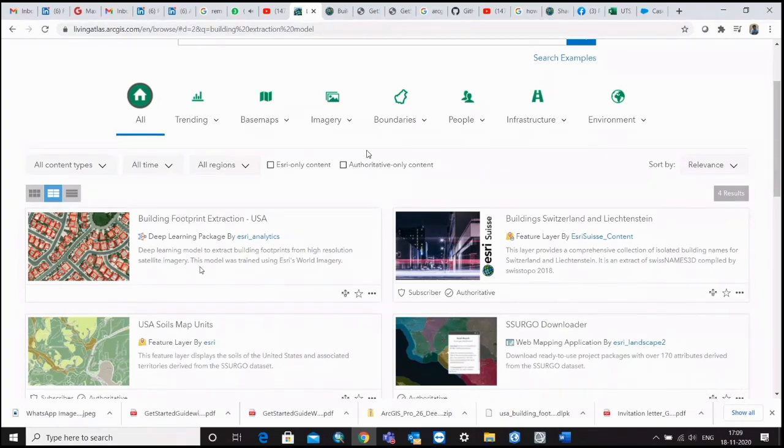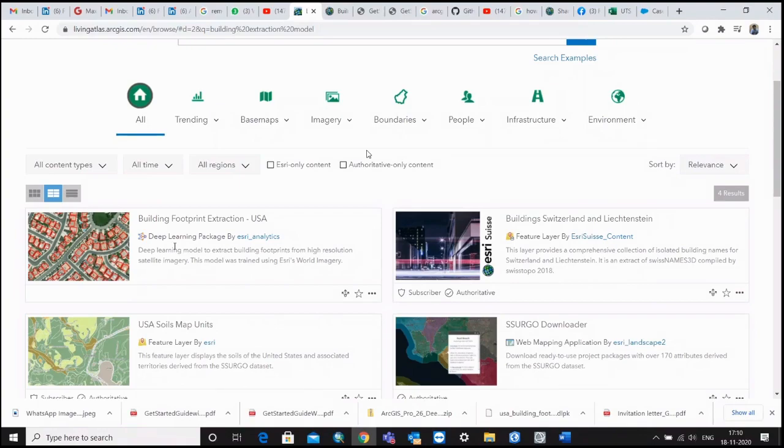The only thing I faced problems with is that they are showing this demo over some particular high resolution image like QuickBird. That image I don't have. A few days back, Esri already showed this tutorial on LinkedIn, and they are showing the steps over some QuickBird image, but I am not able to get that image. I don't know where that image is.